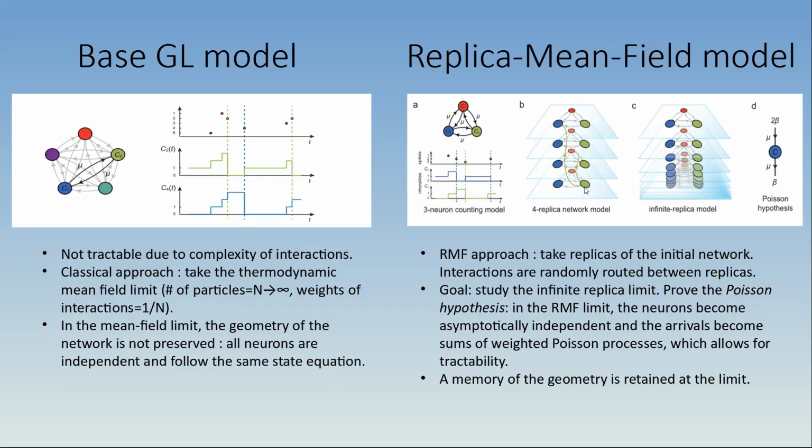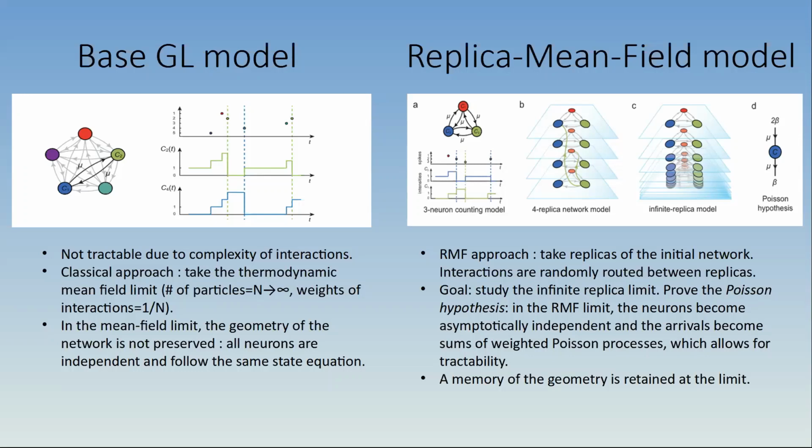You can sort of see it on the B slide here. If the green neuron spikes, for each of its neighbors, it chooses a replica, and basically the state of its neighbor, of this blue neighbor, is incremented by a certain given amount, a mu here, in this replica only. And for the red one, only in this replica, and not across all replicas or inside its own replica. So it basically mixes interactions to make the replicas more and more independent, and to sort of make the Poisson character appear.